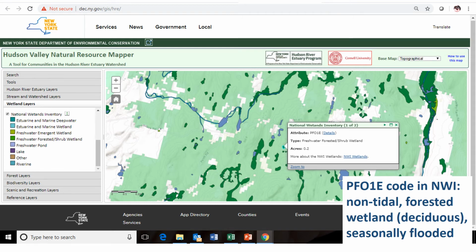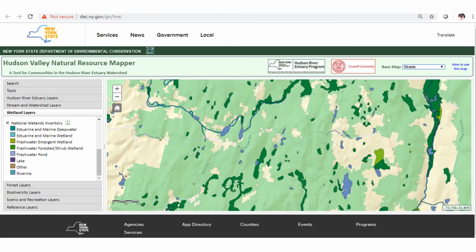And so that code signifying it's seasonally flooded also helps me build some knowledge about it that might infer that it's a woodland pool. So very useful. On this next map, it's all the same forest and wetland data that I was looking at before,